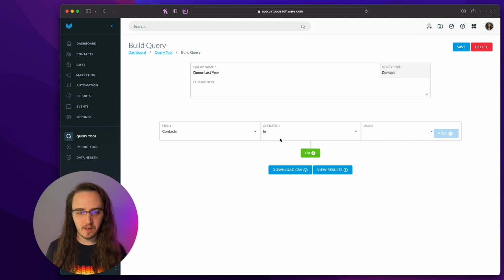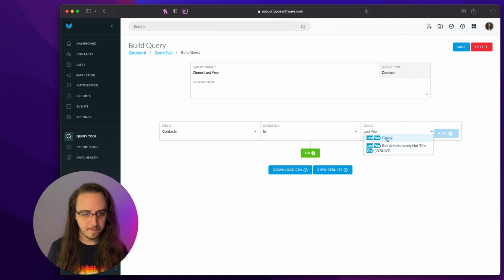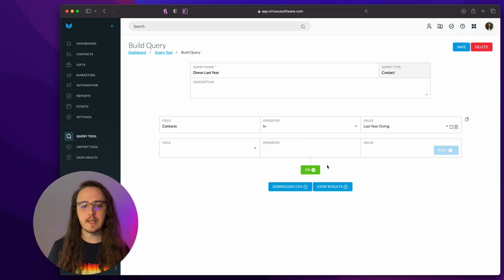So we're going to say, show me all of the contacts that were in my last year gifts or last year giving. And that's it, right? So what it's going to do now is it's going to run the gift query, and it's going to find all the unique gifts, and then it's going to return one row per unique contact because we're in a contact query. So if I view this results page,